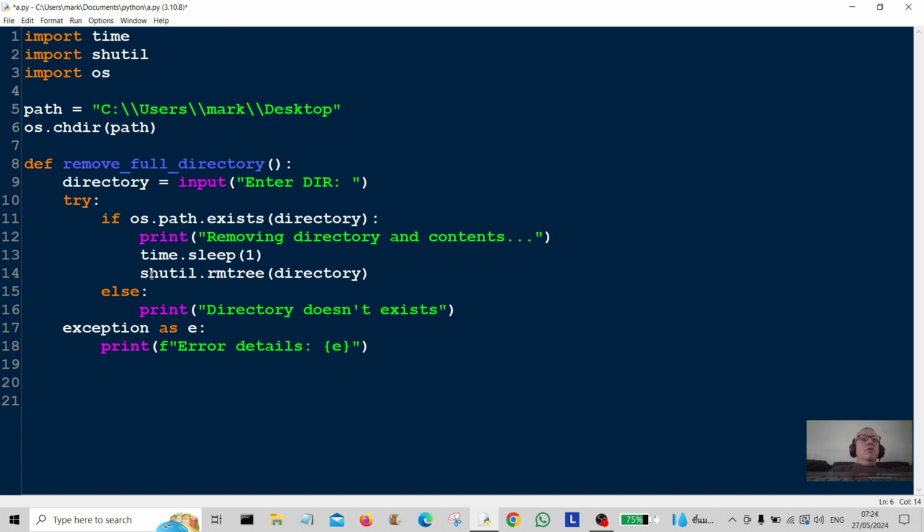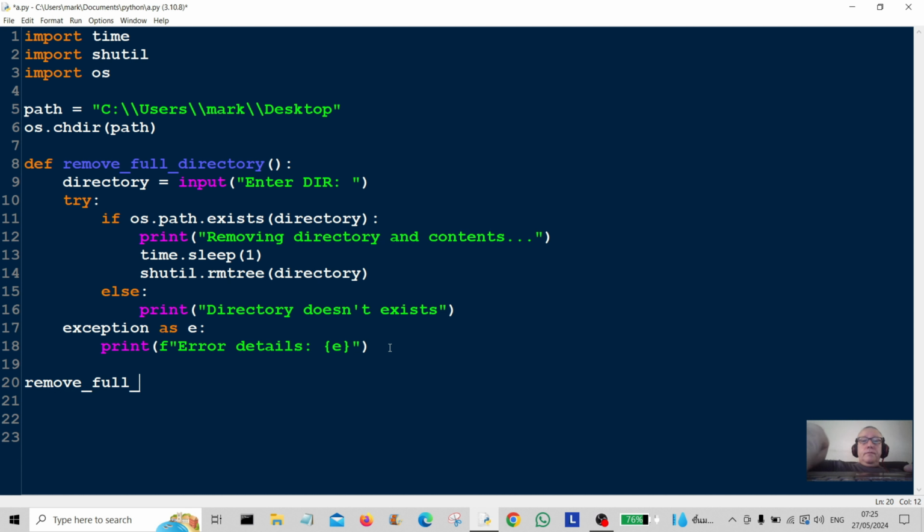Then we use shutil.rmtree, the directory, to remove the directory and all the contents. Or else, if that's not the case, we print the directory doesn't exist. Or if there's another problem, we use the error handler here to tell the user what the error is, and then all we have to do is call the program, which is remove